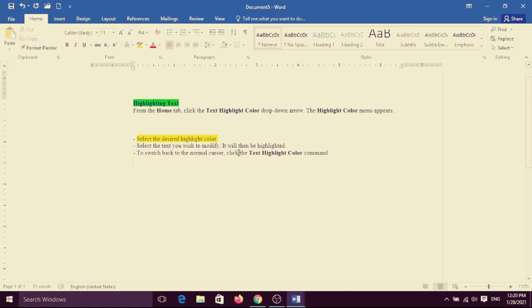Or you can choose one word also. Suppose I want to highlight only one word. Select it, click on Text Highlight Color, and choose a color for that. Yes, the selected text or word has been highlighted.